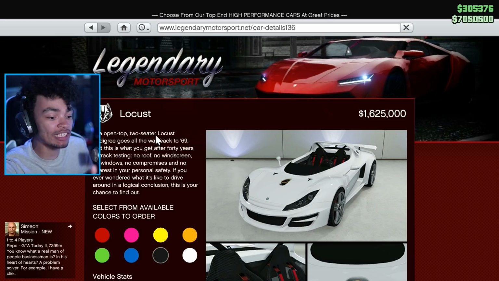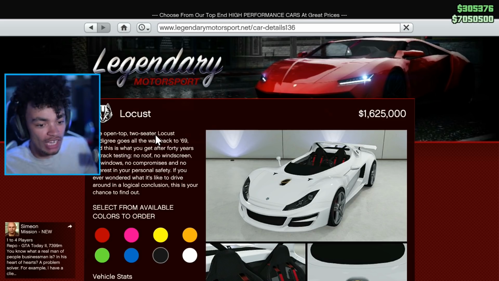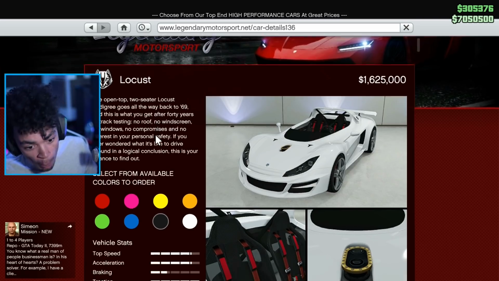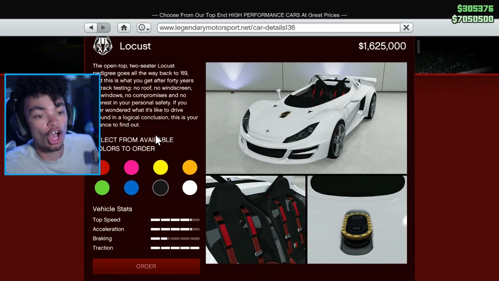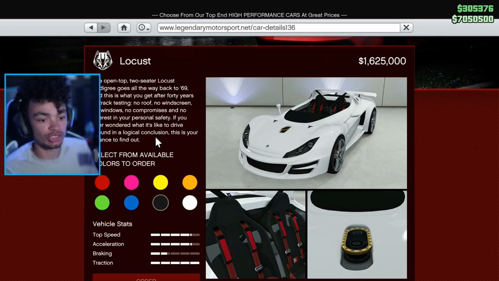So essentially it is based on a Lotus, as you can clearly see, but it reminds me more of the Ariel Atom, the Ariel Nomad, that kind of thing, combined with those. Realistically, though, it's a Lotus. It looks like a Lotus, but it has no roof. Now, I'm going to buy it in...